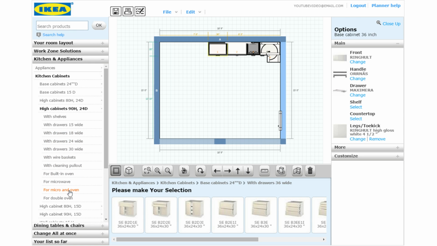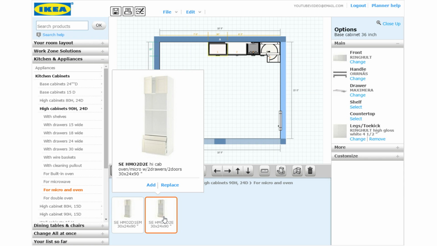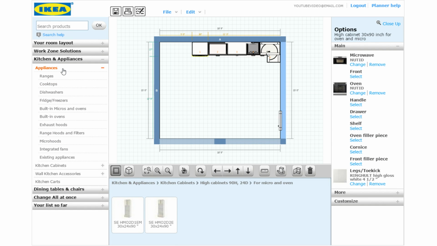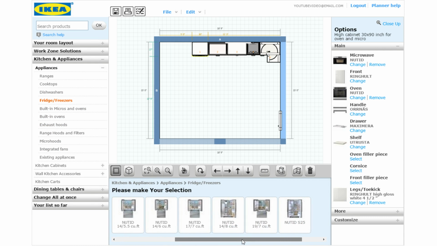So I want a microwave and oven. So I'm going to select this one, and then it gives me 2 options down here I can choose from. I'm going to go with this one because it's got 2 drawers on the bottom. So that's in there. So you select that, and then the cabinet next to it, I'll go ahead and put the refrigerator there. So we gotta go to appliances, pick the fridge,